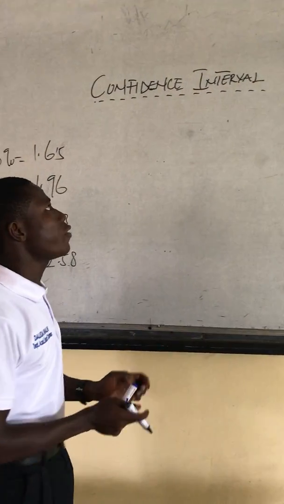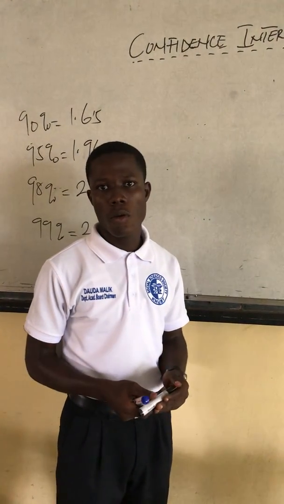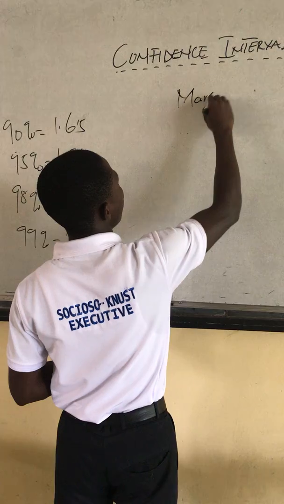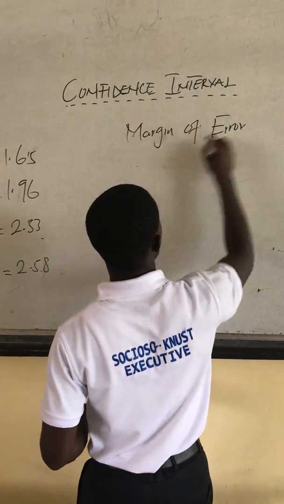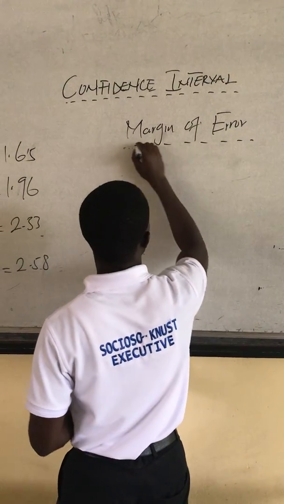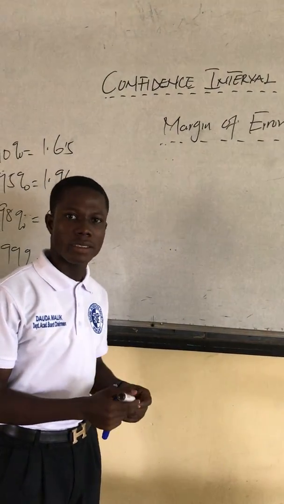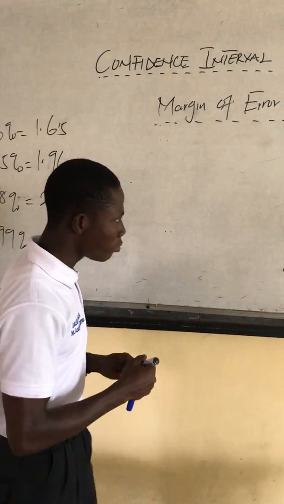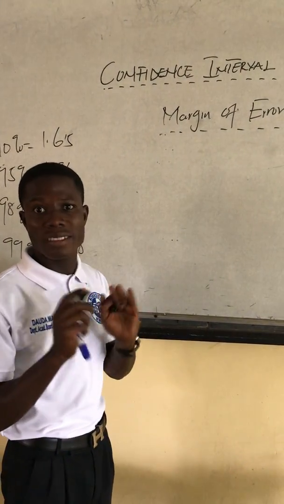Under confidence interval 2, we have something we call margin of error. The margin of error is a formula that we use to calculate the confidence interval. And the formula states that since we are using Z, that's for large samples,